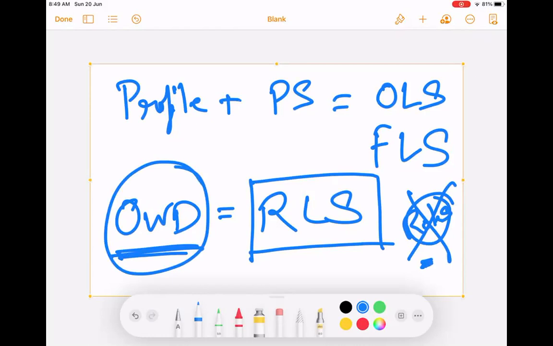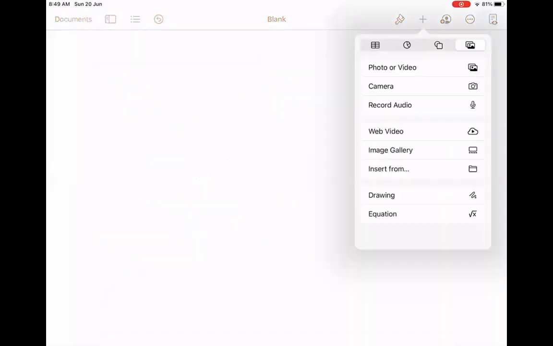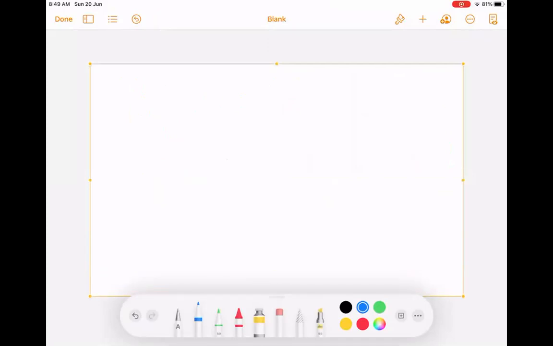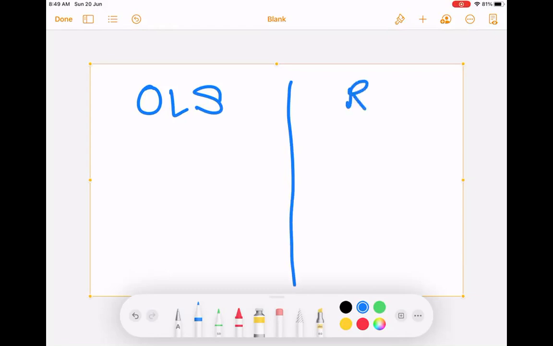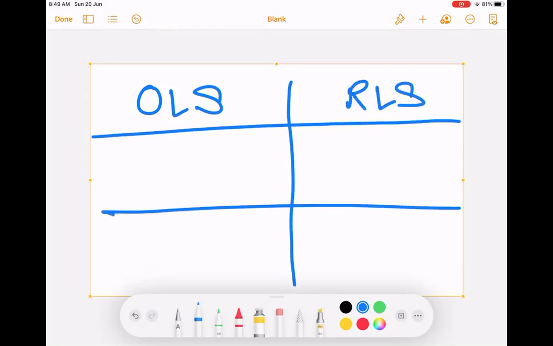Now let's discuss what we mean by OLS and RLS settings side by side, and we'll discuss owners and non-owners.